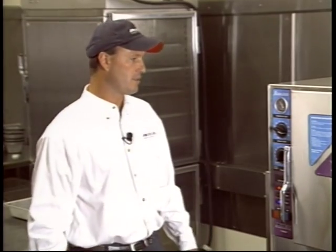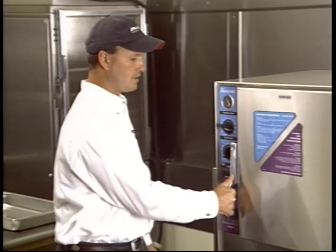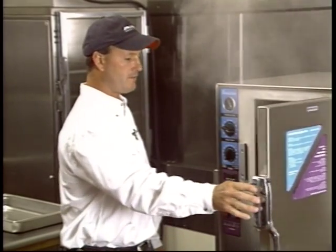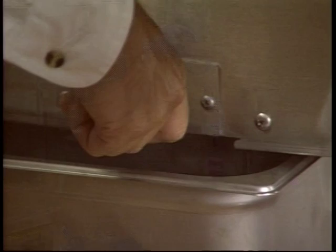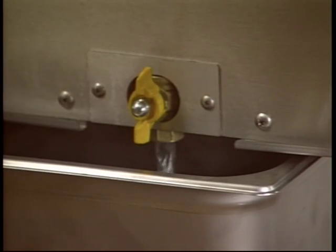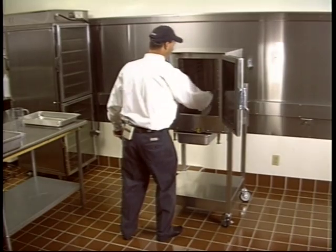At the end of the day, when you're done cooking, simply turn the unit off. Let the water cool if you have time, and then drain the water. Use the drain valve. Drain the remaining water into the 4-inch deep pan. Take a normal kitchen towel and wipe the bottom out. Wipe it dry. It's important that you do this every night